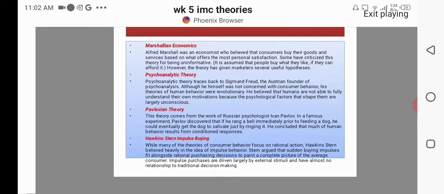The psychological theory traces back to Sigmund Freud, the Austrian founder of psychoanalysis. Although he himself was not concerned with consumer behavior, his theories of human behavior were revolutionary. He believed that humans are not able to fully understand their own motivation because the psychological factors that shape them are largely unconscious. So, in this theory,